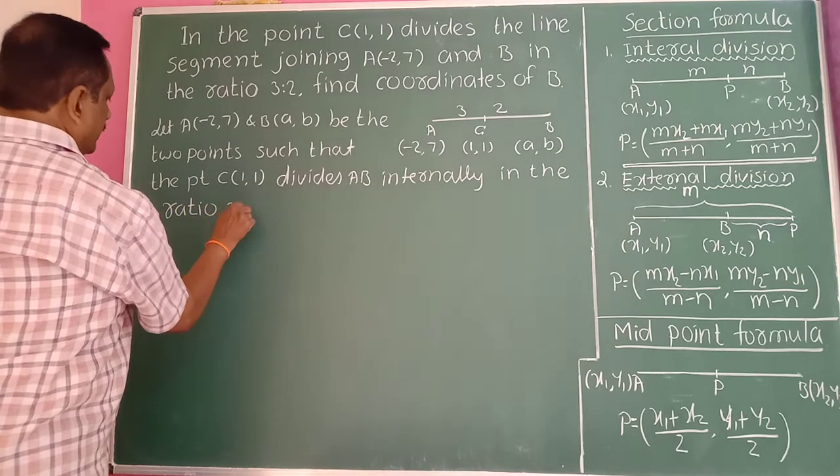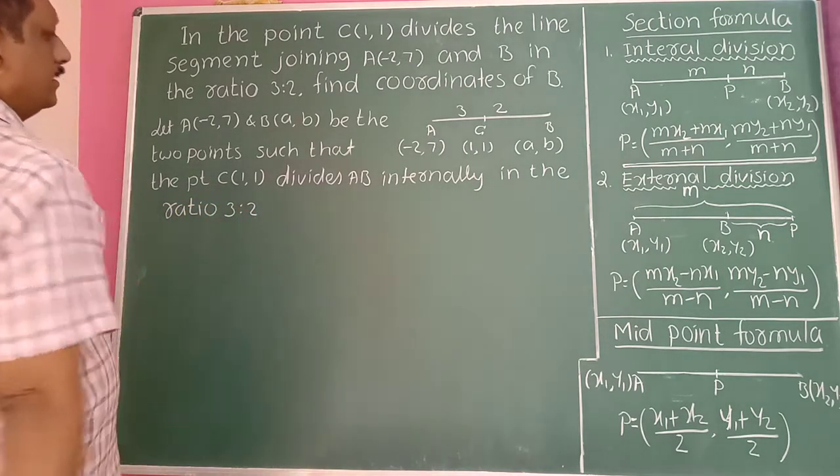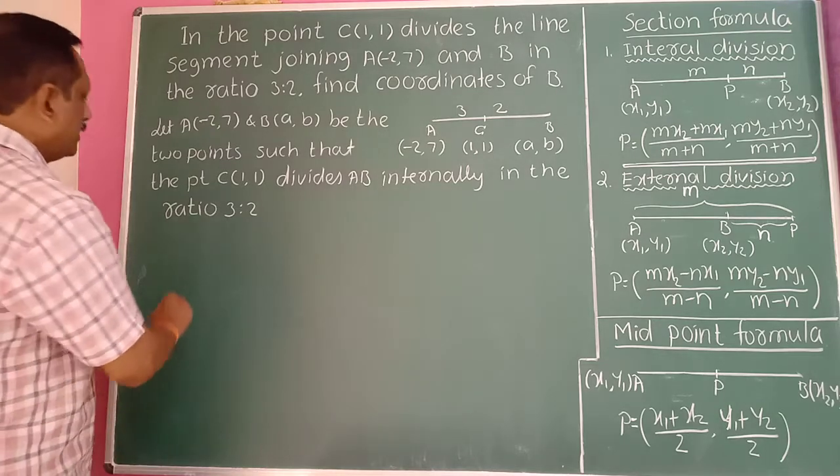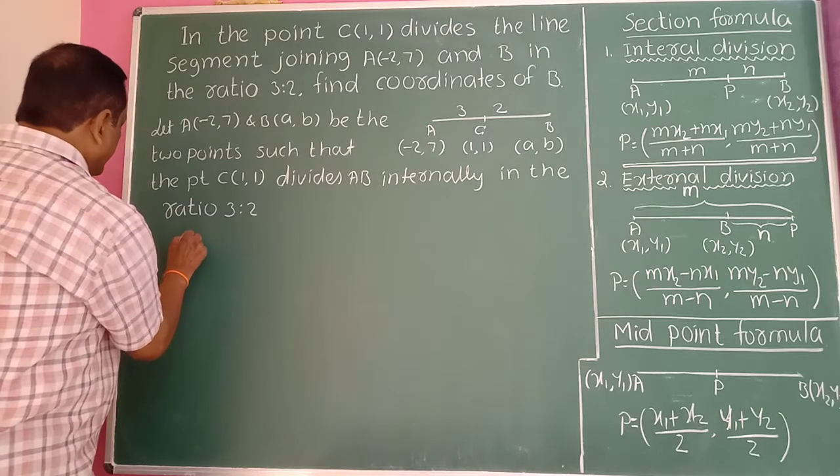They are already given here. Okay. Therefore, the coordinate of point C is given by...